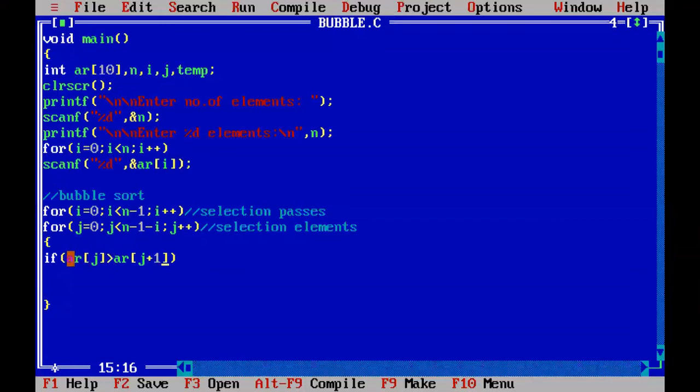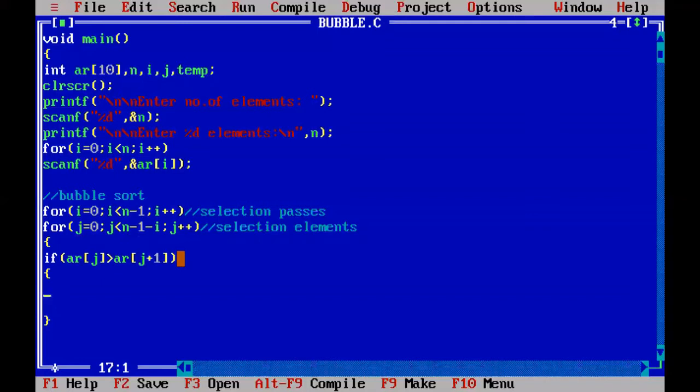So the 0 index element and the 1 index element are compared. If the first element, ar of 0, is greater than the ar of 1 element, then we have to swap both the elements.